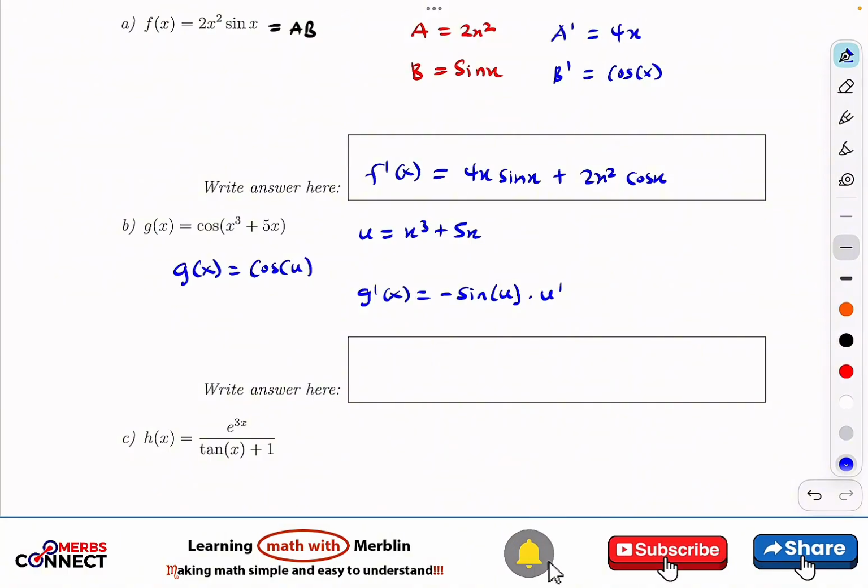Then I need u prime. So u prime from here is going to give us 3x squared plus 5. So this implies that g prime is going to give us minus sine of u, which is x cubed plus 5x, times u prime, which is